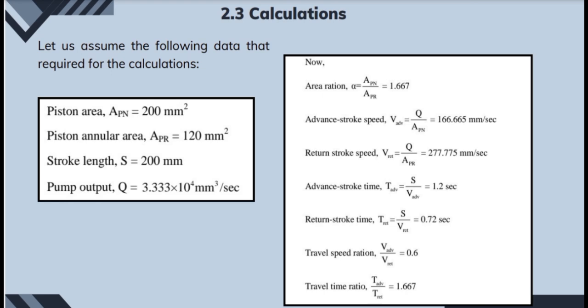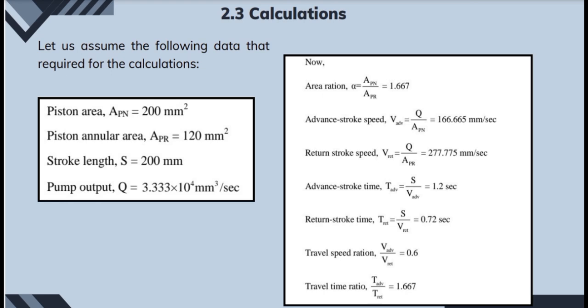Now, area ratio. Paano ta makukuha si area ratio kang furnace door is equals to APN over APR. APN is equals to 200 mm squared over APR. APR is equals to 120 mm squared. 200 mm squared i-divide mo sa 120 mm squared is equals to 1.667. Pag advanced stroke speed man,